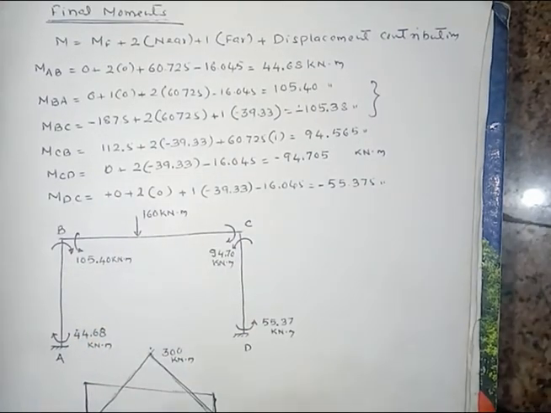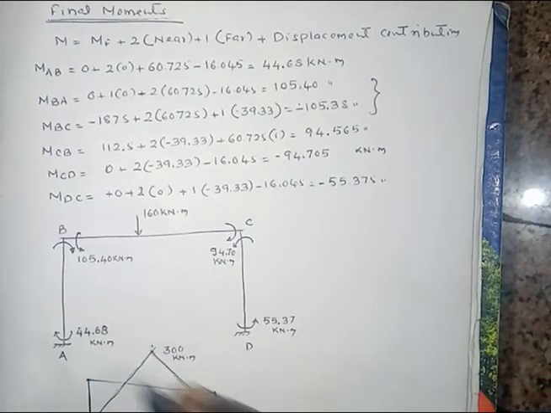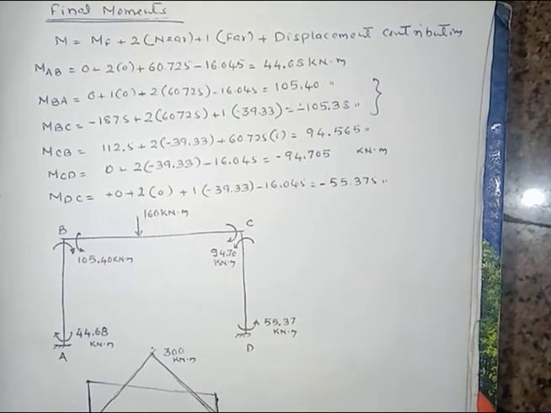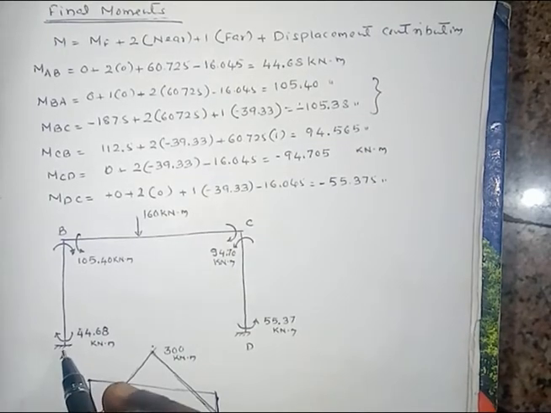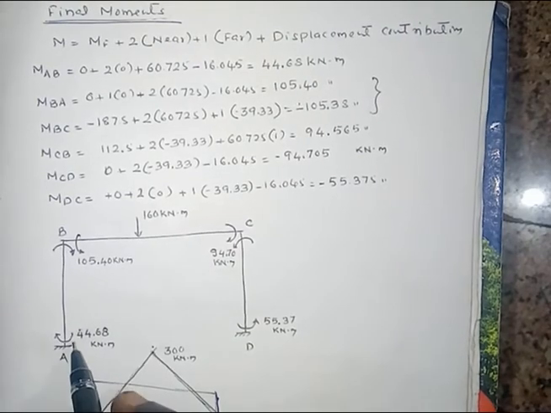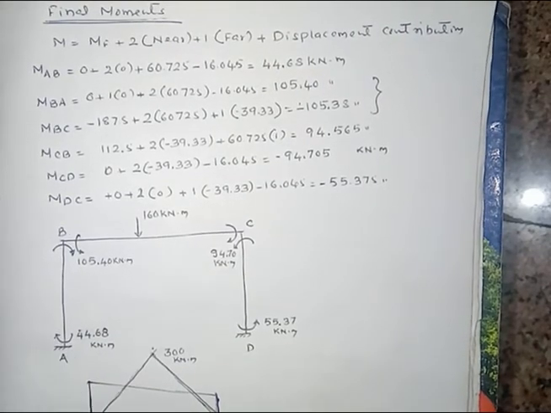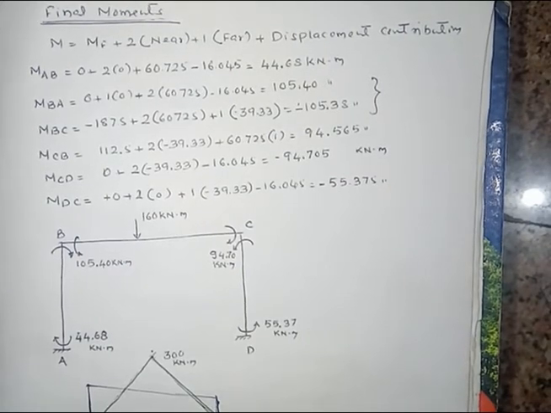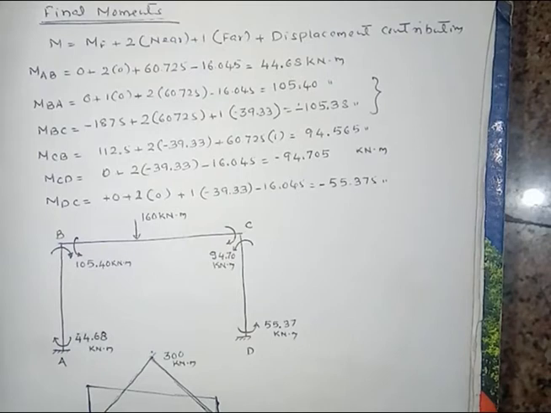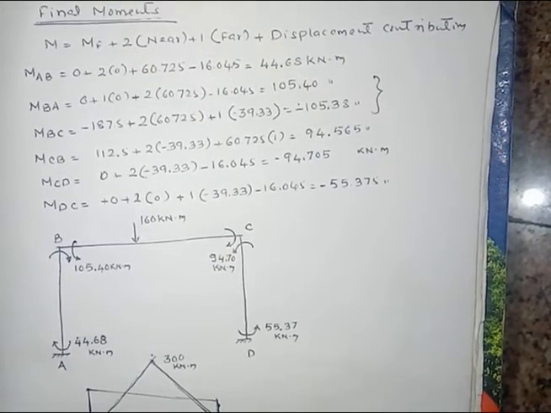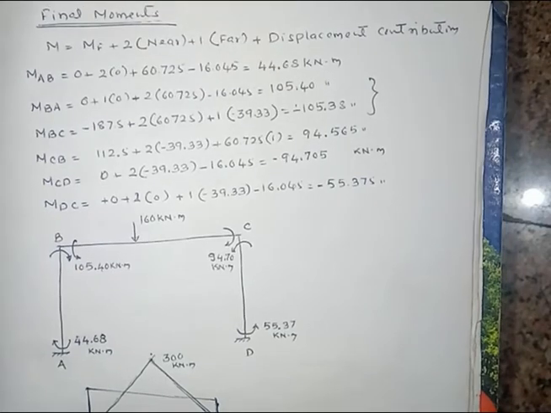By observing this, it is very easy to draw the bending moment diagram. First draw the outline of the portal frame. With respect to this reference line or bottom line, sagging moment we will consider on one side of the reference line. This one is below the reference line, hence that is sagging moment, which is positive moment.